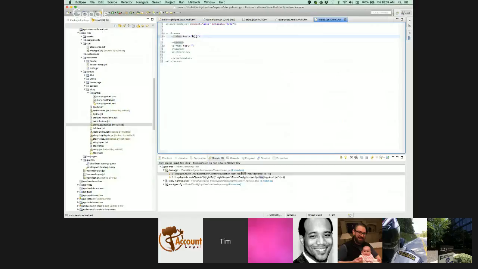So the test itself, as far as I know, has to be wrapped in EL. EL is this syntax that you may have seen where you can operate on variables that are in scope. So if I were to use c:set,